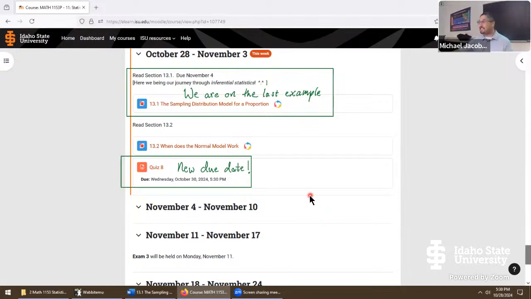Okay, so with that fixed, we're going to finish off the last example here. And then in section 13.2, we're one section away from showing what the full confidence interval procedure is going to be in this chapter. So that's going to be our major capstone of chapter 13. And just another reminder, our quiz number 8 got a huge shift. We're just moving it to this current week. That means the due date also got moved forward by 7 days. So this one's due October 30th.